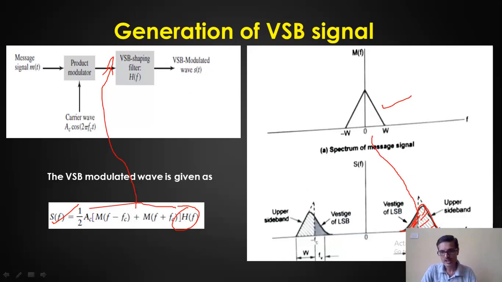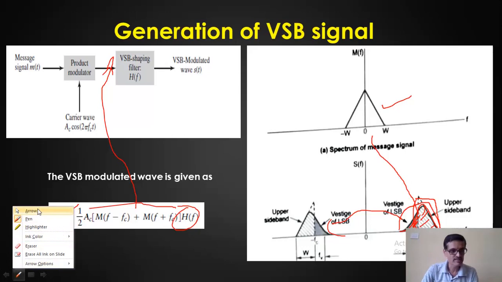So I don't have to go with the ideal case of SSB. I don't have to choose both the sidebands in this case. I can have a practical band pass filter which has a response like this. Intentionally I am allowing some portion of the lower sideband, which can be removed in the receiver later. So the overall bandwidth here is FV plus W hertz. This is just a mirror image of the other case. This is called vestigial sideband transmission.